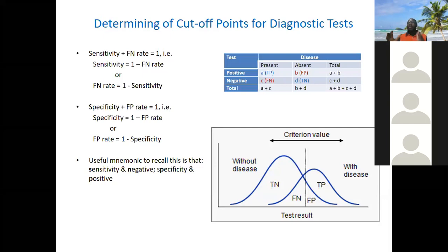You can write false positive plus specificity, because specificity is the true negative. They add up to 100%. So the false positive can be written as 1 minus specificity. So in trying to get the best test now, it will be a situation where you divide signal